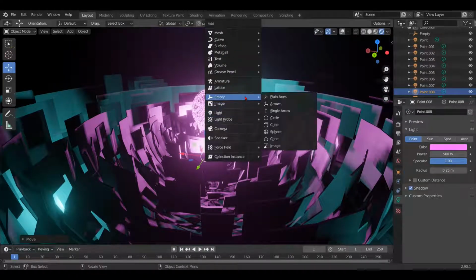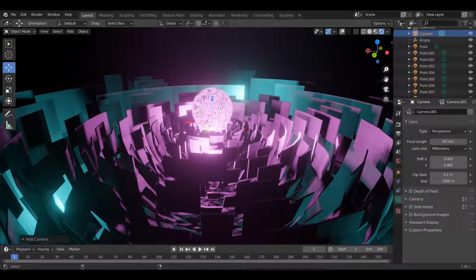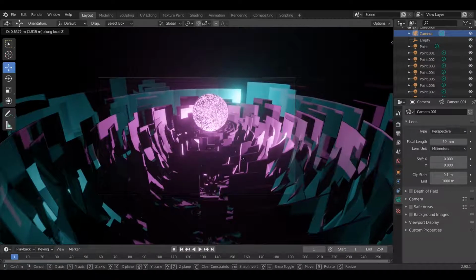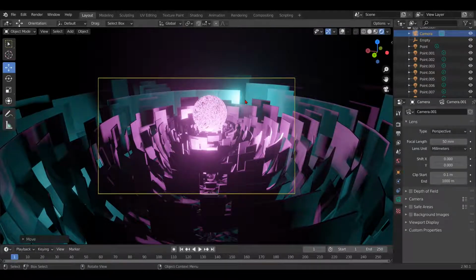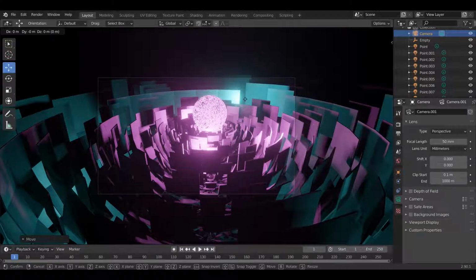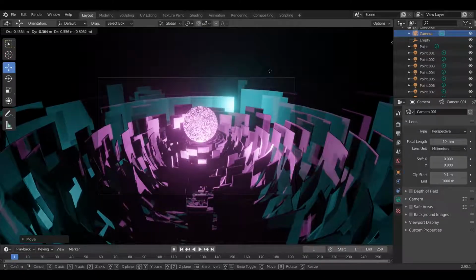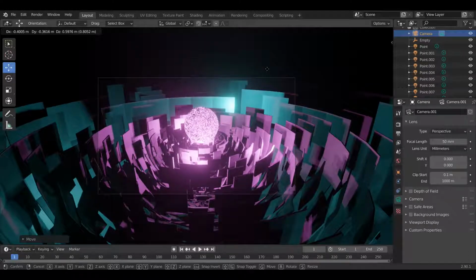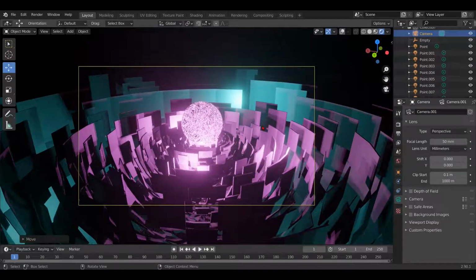If you have adjusted the light, then press Shift A and add camera to it. I am telling you first the camera's hotkey or shortcut so that you do not get confused. If you press G on the keyboard and move your mouse, then the camera will move according to your mouse. And second setting, if you press G on the keyboard and middle mouse button, move your mouse, then the camera will only zoom in and zoom out. Now you can also use these two settings and adjust your camera like me.